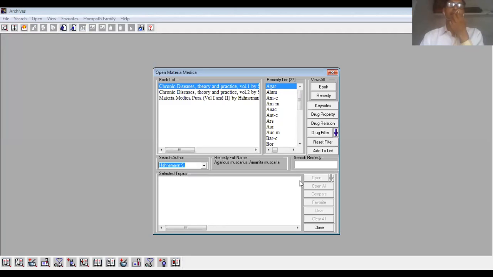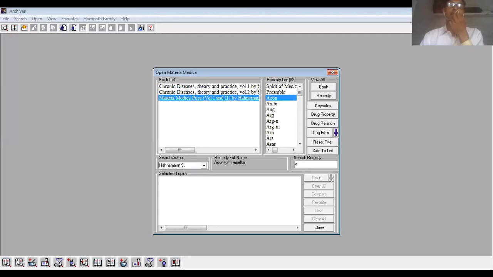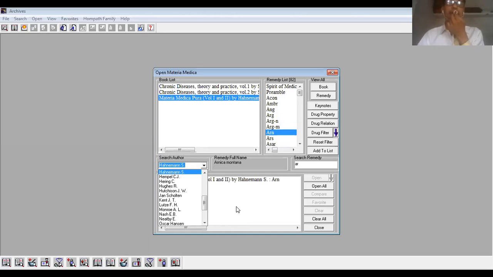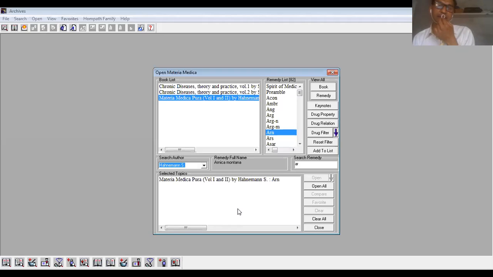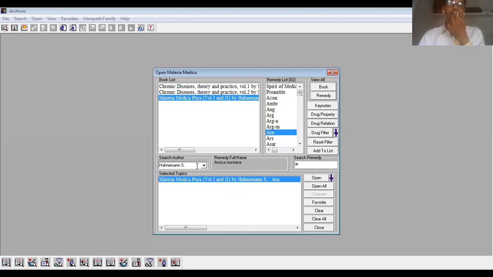In this method, the symptoms of the prover which are given are all arranged under different headings, or some authors give the symptoms according to anatomical order, but not according to a heading. So remember this. We are studying the anatomical schematic method, and there are two details of this method: arrangement of symptoms with heading, and arrangement of symptoms without heading. I will first demonstrate the Materia Medica Pura, and in that I'm demonstrating the homeopathic materia medica of